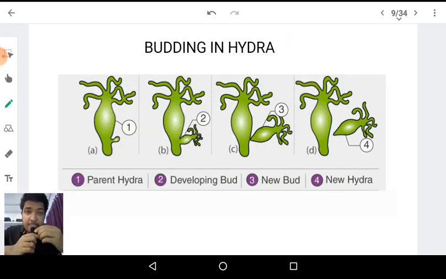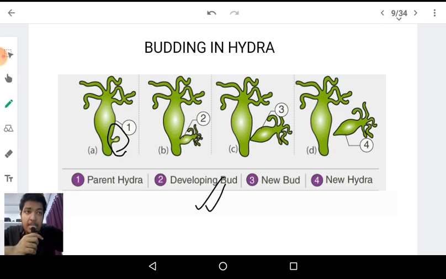Moving on with the next process, that is the process of budding. Now, a bud is an exogenous structure which is produced on the body of a parent organism. Here you can see a small outgrowth which is coming out from the parent hydra. Now what is going to happen? This outgrowth that is coming out from the parent hydra is now going to develop further into